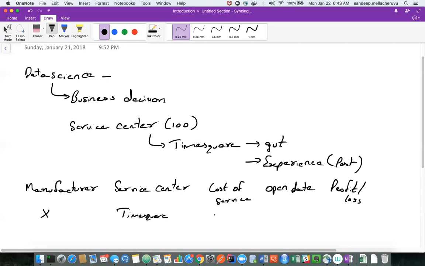Let's say the cost of each car servicing is $40 at minimum, the open date is May 2017, and let's say he got a profit. I'm keeping a P for profit.